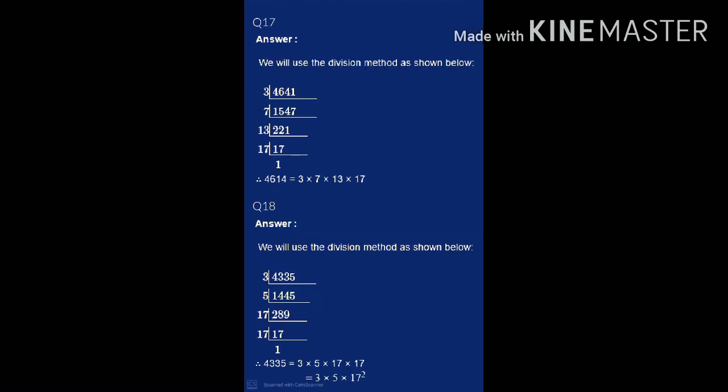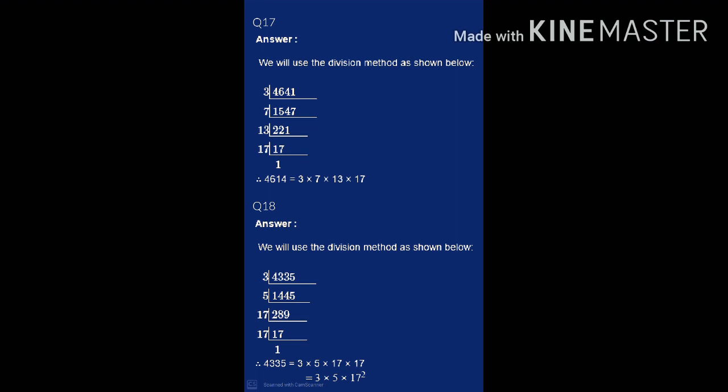Okay. Next is question number 17. Prime factorization of 4641. Checking the divisibility, we will see that it is divisible by 3, and after dividing we will be getting 1547, which is again divisible by 7, we will be getting 221, and after dividing it by 13 we will be getting 17. So for 4641, the prime factorization is 3 into 7 into 13 into 17. Students, you have to remember that you will be checking the divisibility or the divisions on the right hand side of the page so that there is no silly mistake.